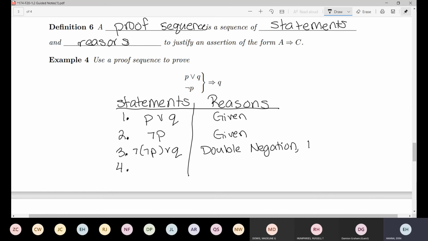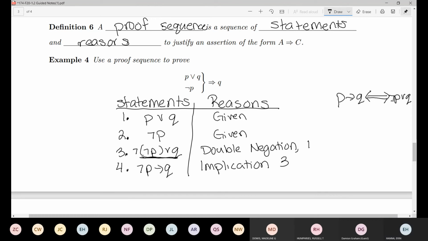What we can do then is take the implication rule. And this one's harder to remember. I think the double negation kind of just makes sense. Let me remind us what the implication rule says. The implication rule says P implies Q is equivalent to not P or Q. So I'm essentially taking not P or Q. Now I know I have that extra not, but that's going to leave me with not P implies Q. That's okay, because I just took the piece that was equal and rewrote that and left whatever else I had. And now we're almost done,